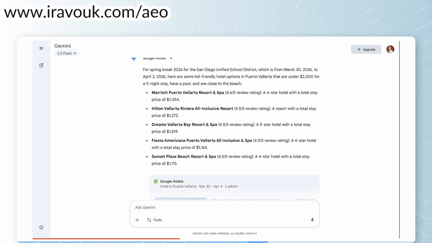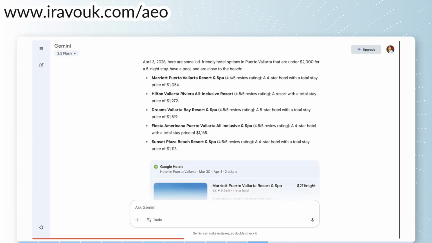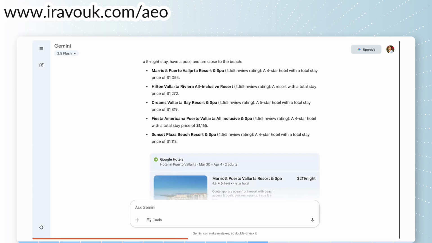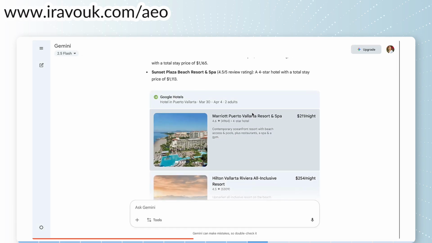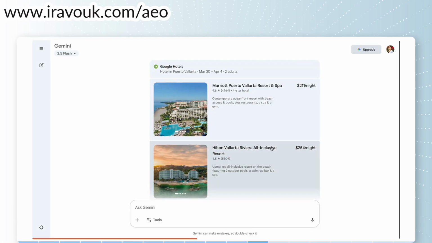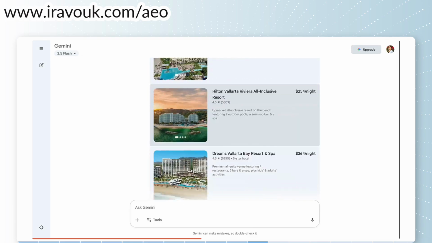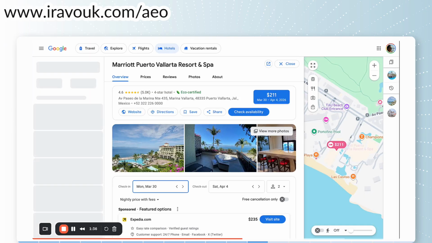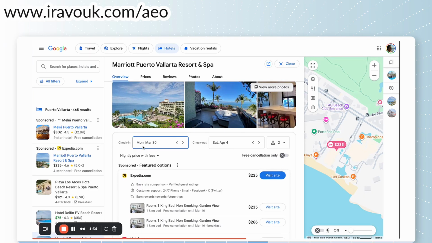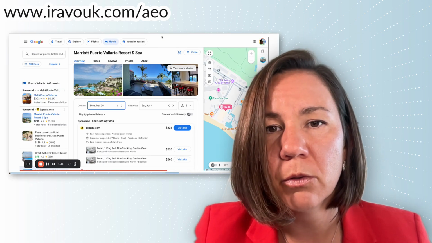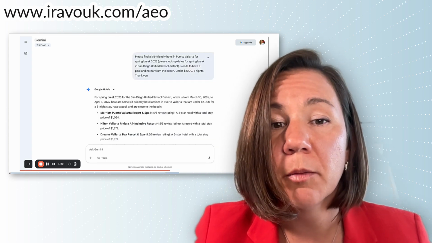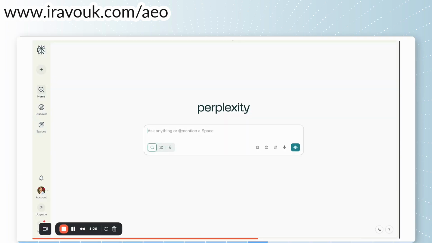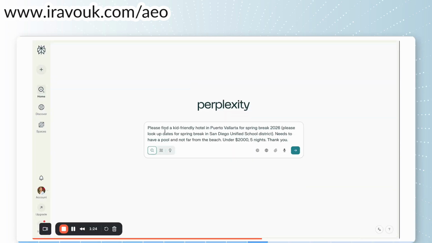It's also giving me an ability to see rates and inventory right there within the chat window because of, obviously, Google's Hotel API, which provides ARI data to Gemini. If you do click on one of the options, it does take you to the Google Hotels page where you can complete the transaction.